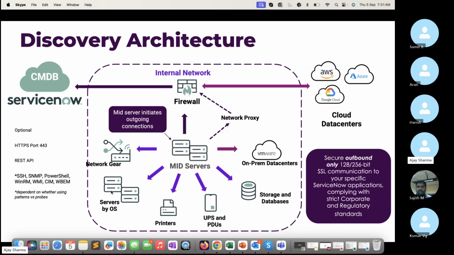PowerShell, WinRM and WMI are for Windows devices. SNMP and web services are required for storage devices, right? So that is connecting to my MID Server. And here, if you see, I do not use the MID Server on AWS directly connecting to the ServiceNow CMDB, but